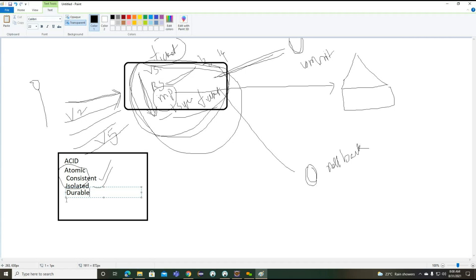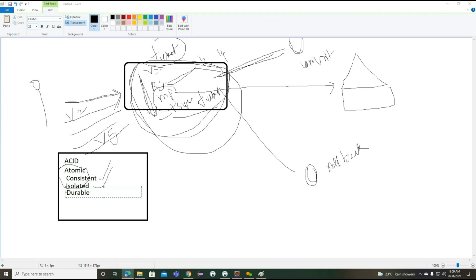Getting the point. So the user is trying to book the seats. While booking the seats here, if everything is successful, now the data we are going to save permanently. While another user books the same seats here, now what we can do? The seats are reserved by some other user, so that the other user cannot book the same seats here. That data we are going to store permanently with the help of one more component called durable.